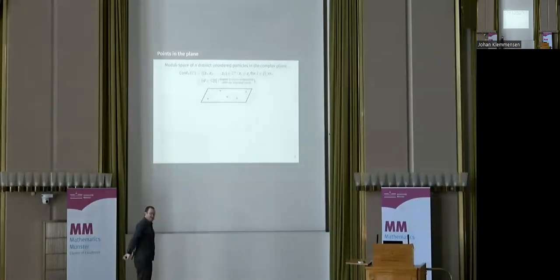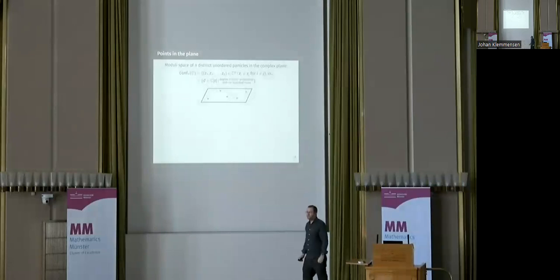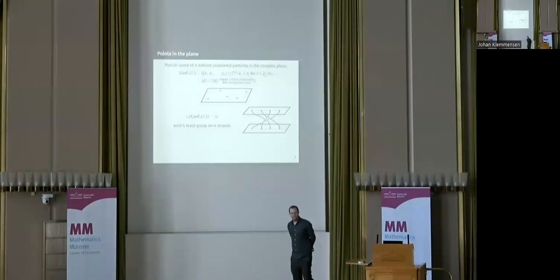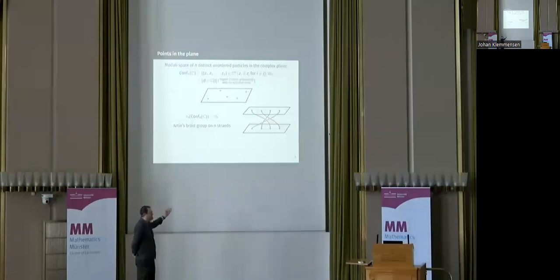So there's a picture of some number of points in the plane. And this space has been well known in topology, of course, for a long time. Maybe it's most famous in connection with the braid group. So the fundamental group of this space, the space of loops in this space, well, a loop in this space is exactly a so-called braid, meaning a picture like on the right-hand side. So some strings that you braid together, and they go from the top to the bottom. And if I have two such pictures, I can stack them on top of one another, and those form a group. The so-called Artin's braid group on n strands. You can make the number of strands be whatever you like.